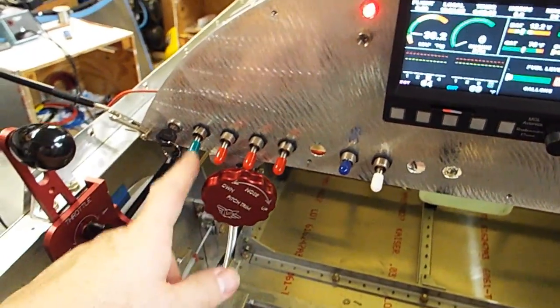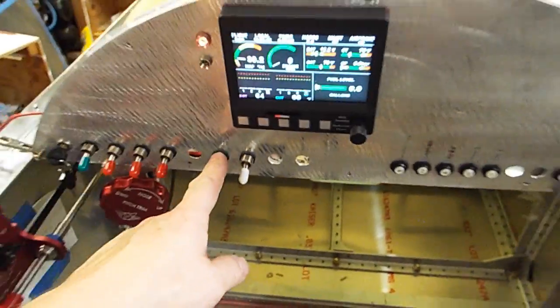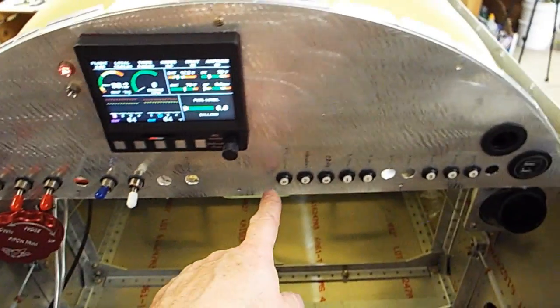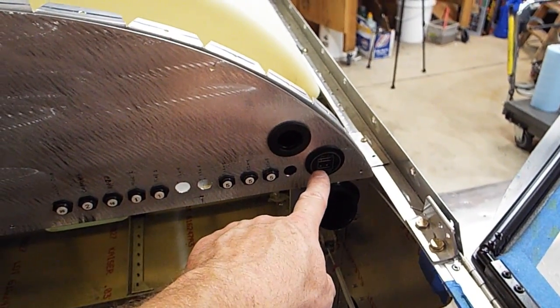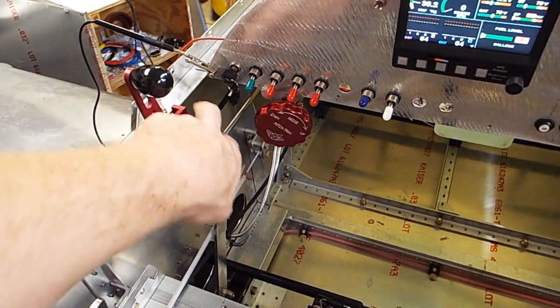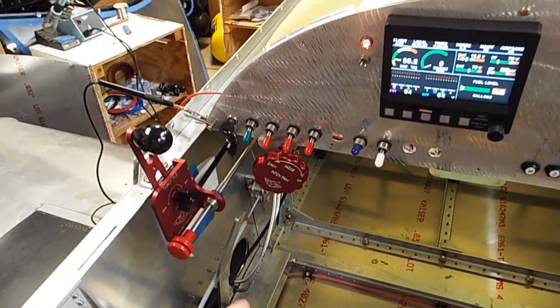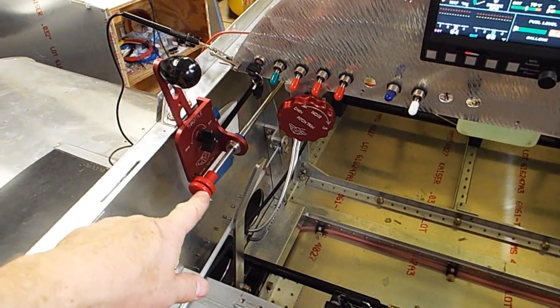So then I got alternator, coils, mags, avionics, lights, and all my circuit breakers. And again, my 12 volts and USB and air. And my throttle quadrant looks pretty nice. It took a bit of modifying and readjusting to get it so the door will close and get my fingers up here good. So there's mixture off,